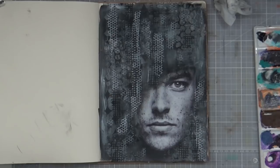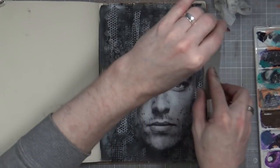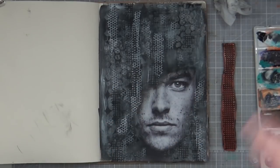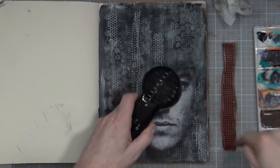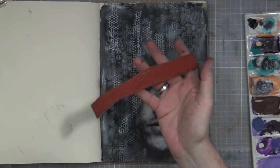Yeah, that's it. Just helps to tone it down a little bit, if there's something over the top. Right, okay. I'm going to go wash that one off, and then I will be back again. Quick dry, quick wash. Okay, now that everything is dry and my stamps are all washed and clean again,